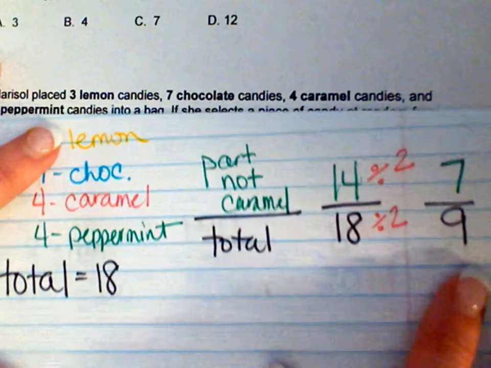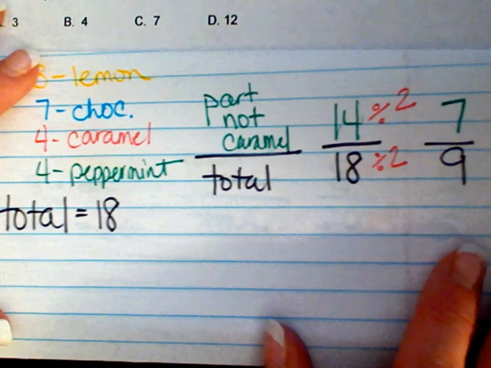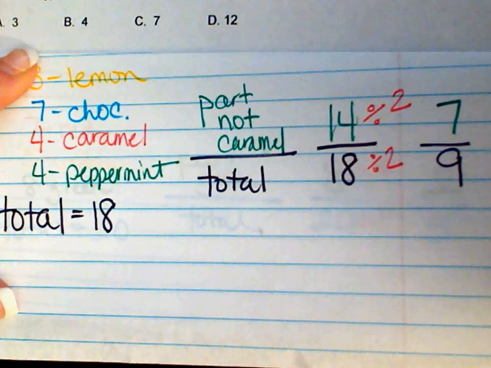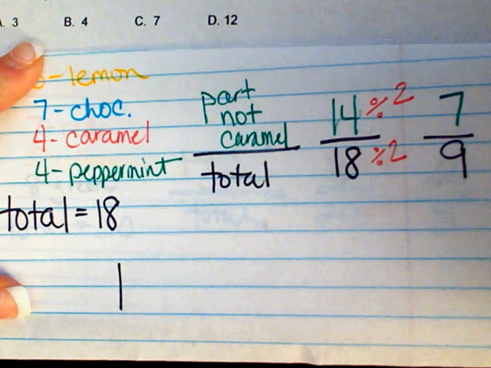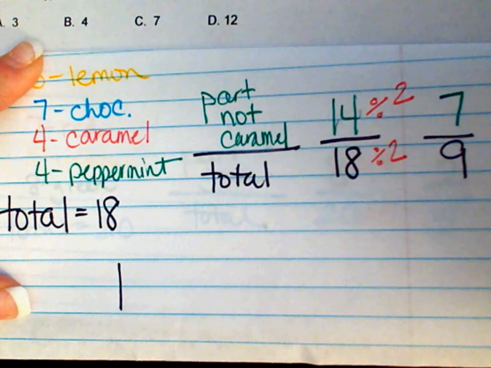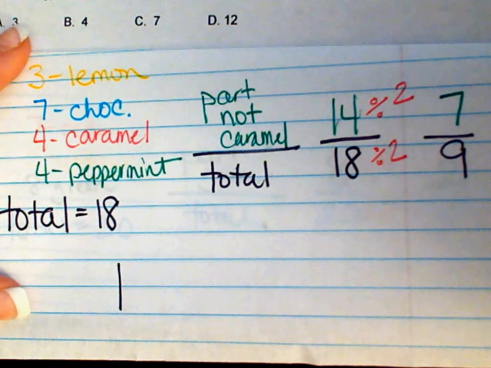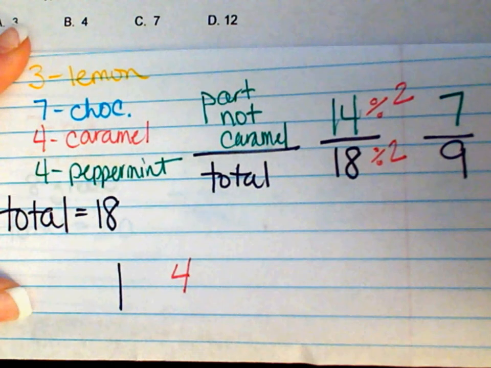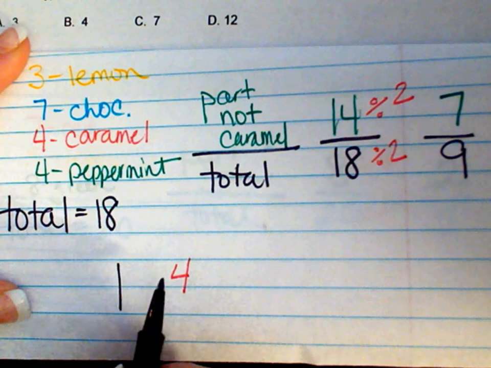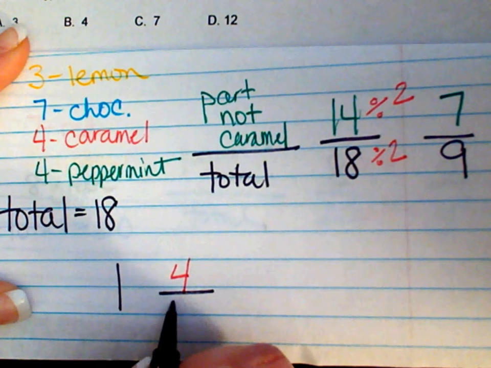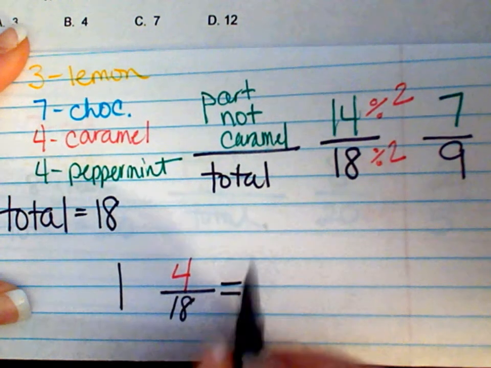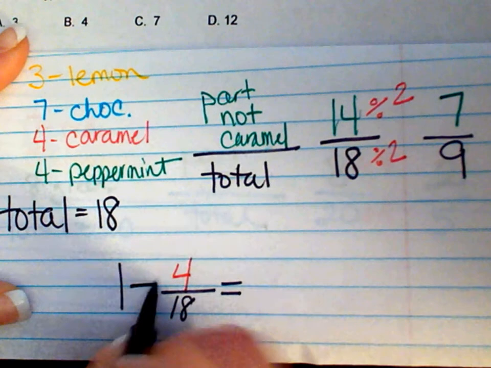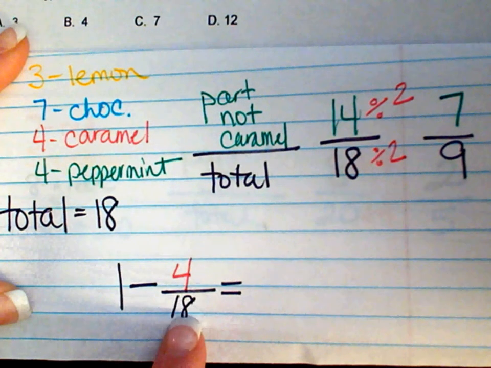Okay, again, let's look at that equation we had just talked about. Another way to find the 7/9 is to start with one whole. One whole is all of these added up together. The part I'm looking for is not caramel. Well, it's a whole lot easier to just pull the caramel out because that's just reading a number. I don't have to do any calculations. So that's 4/18. Well, if I'm trying to figure out part not caramel, I'm going to take my one whole, subtract my 4 that are caramel out of 18,